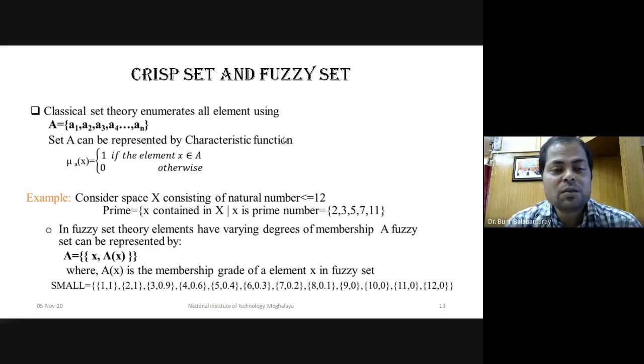But in case of fuzzy set theory, this will be defined with a degree of membership. Here the characteristic function contains only membership, either belongs or doesn't belong. But in fuzzy set theory, it will be a degree of membership. Degree of membership means it has a range of values between 0 and 1, including both. So 0 and 1 can both be included as degrees of membership in fuzzy set theory. That's why fuzzy set theory is a superset of crisp set theory. So here, A is defined as X such that,